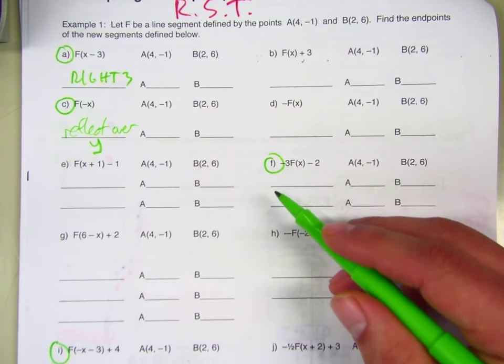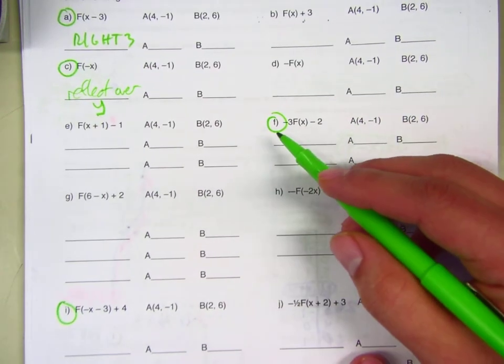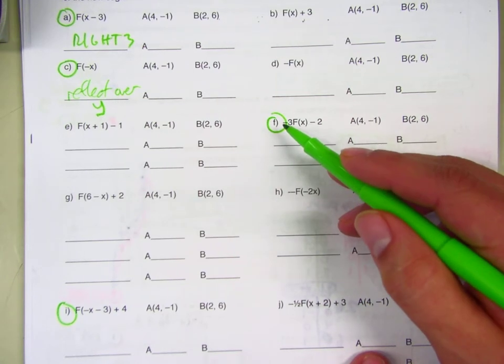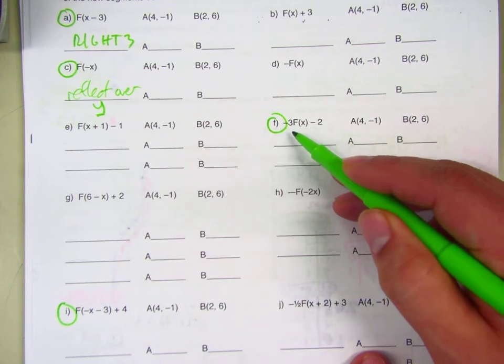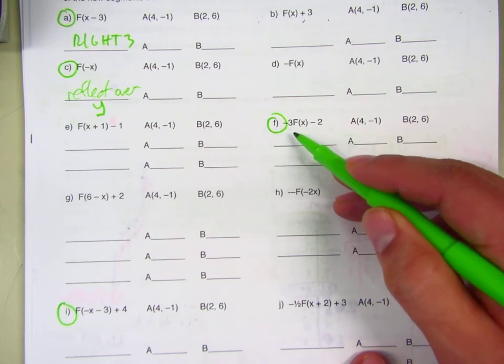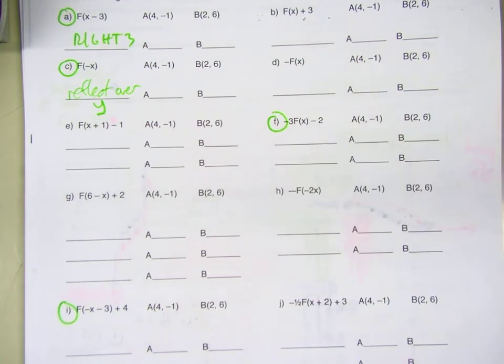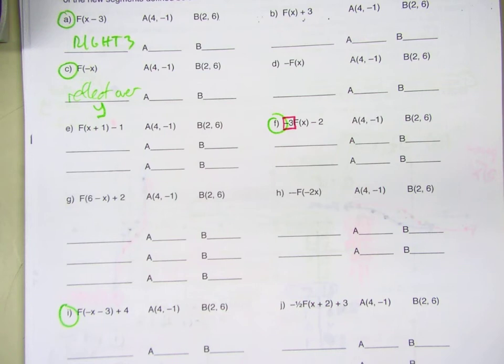Let's talk about F real quick. So, if you wanted to, there's actually 3 things going on, but we're going to combine 2 into 1. There's a negative in front, which means that there's a reflection over x. There's also a 3, which means that there's a stretch. And then there's a minus 2, which means we're shifting down 2. Okay? My advice is going to be, whenever there's a negative and a number, skip the reflection part, okay, and